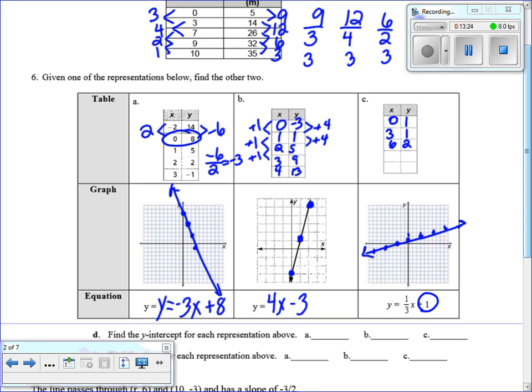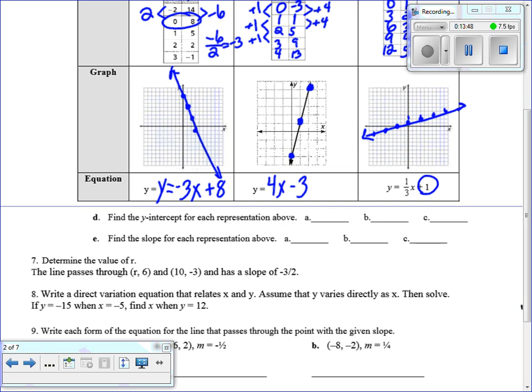I messed that up, because we had a point at 0, 1. So 0, 1, 3, 2, 6, 3, 9, 4, and then we'll have another one at 12, 5. Okay,